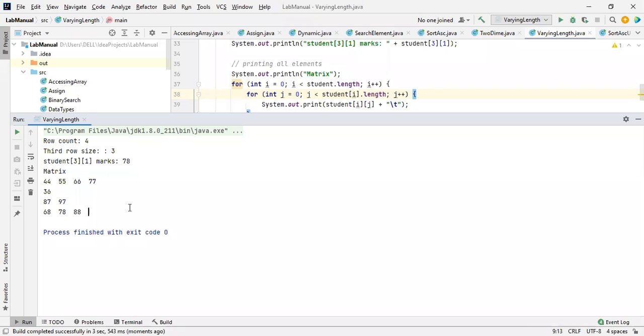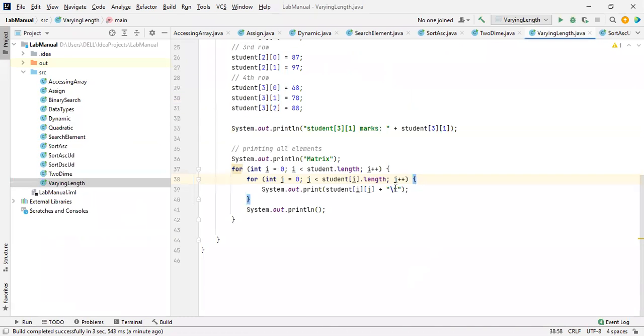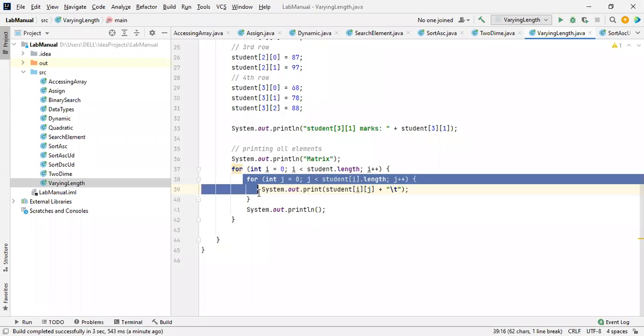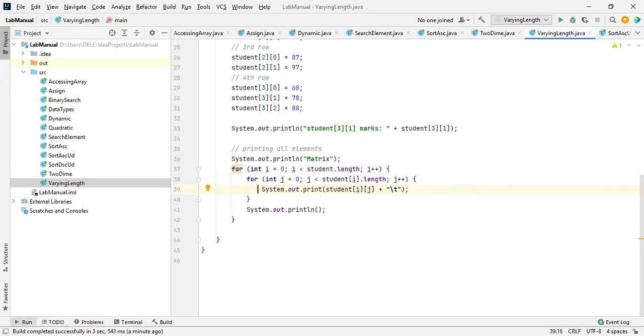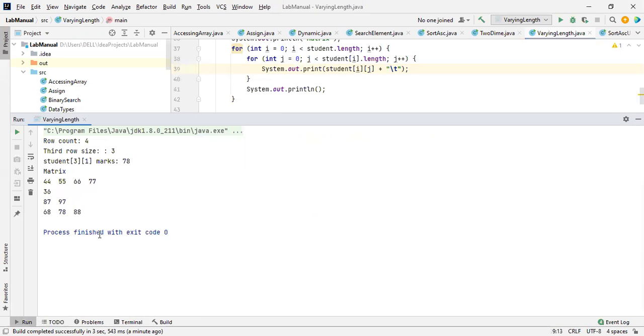According to our convenience, we are using \t here. Let me show you that. We are using \t to give some spaces. And after the inner loop, we are going to print in the next line. After printing the first line, let me show you that. I think you know all these things in the C language.